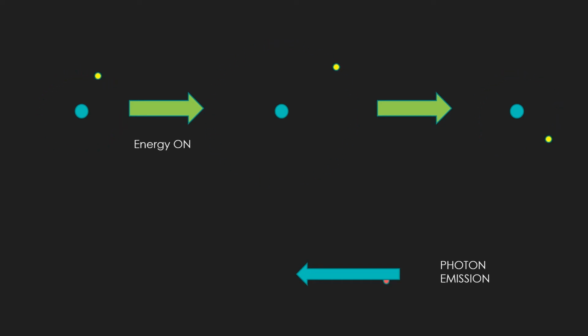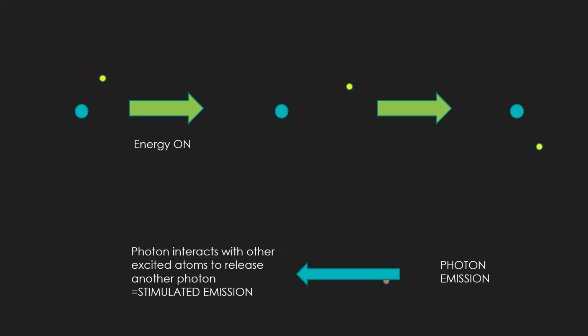Every so often, one of these photons stimulates an already excited atom. When this happens, the excited atom gives off another photon and we get our original photon back as well. This is called stimulated emission. Now, as you can see, one photon of light has produced two, so the light has been amplified. In other words, light amplification, an increase in the amount of light, has been caused by stimulated emission of radiation,